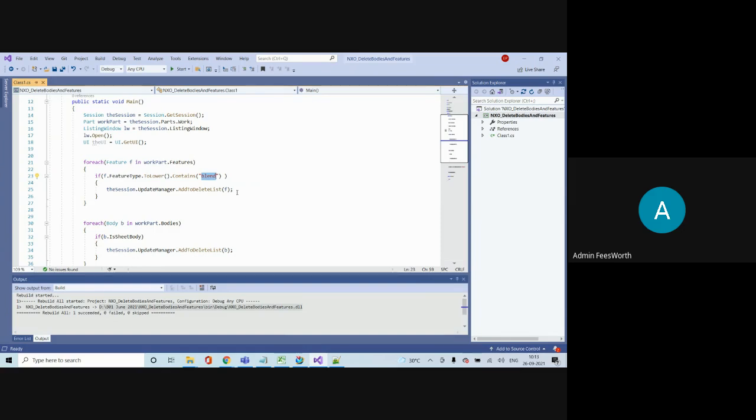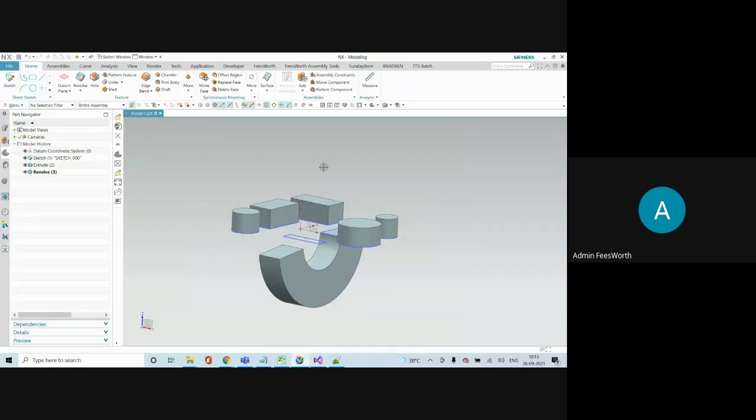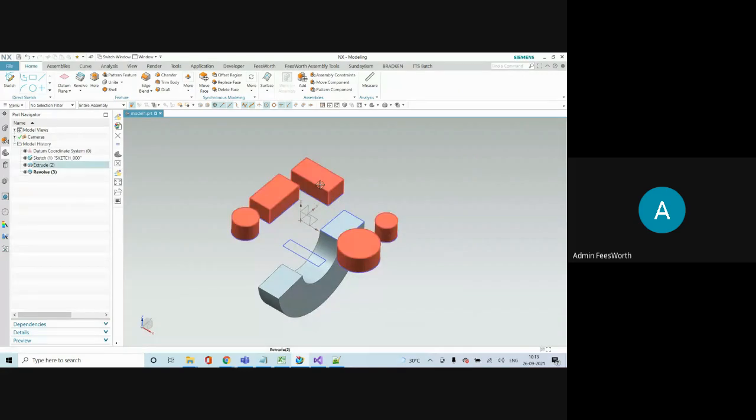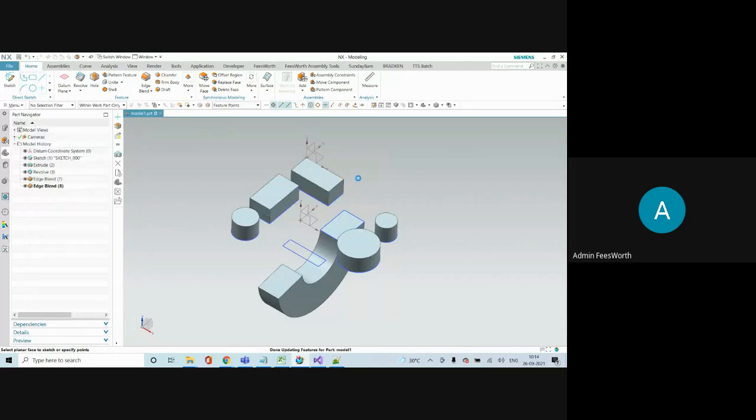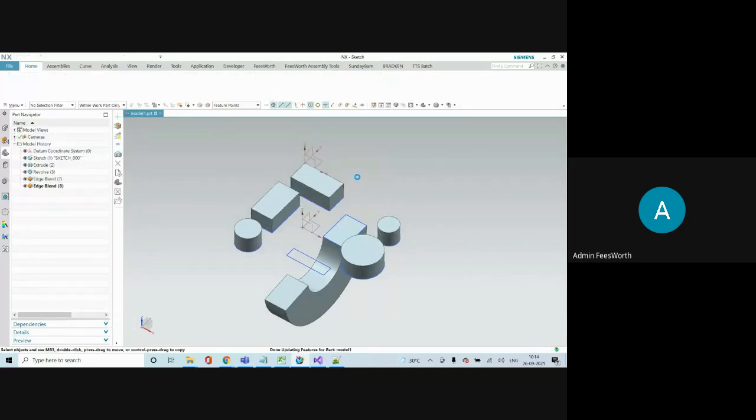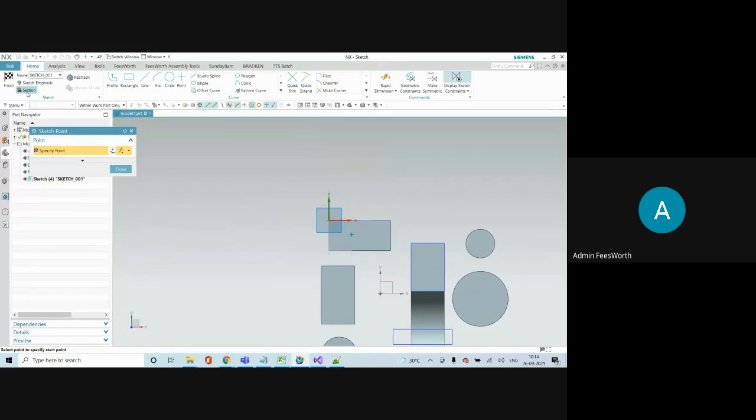Suppose I want to delete holes, then I can modify this program to delete holes. I just did undo now, so let me make some holes. I'm going to explain how easy it is. Let's say I have some holes, 1, 2, 3, 4.